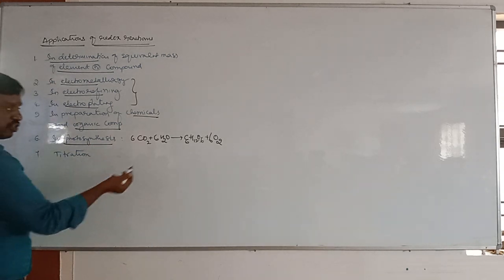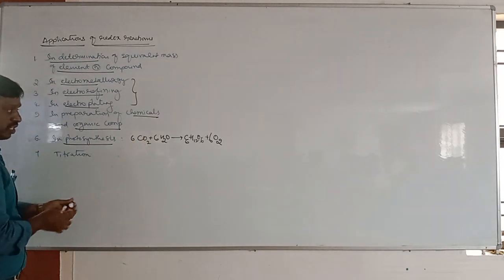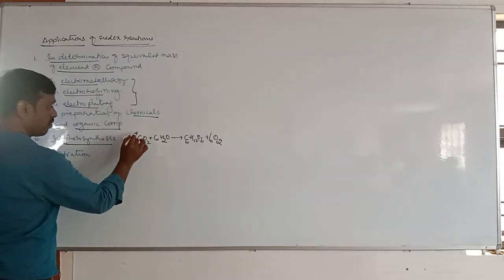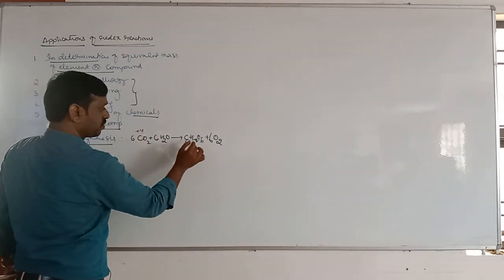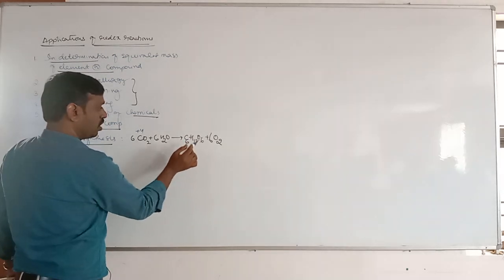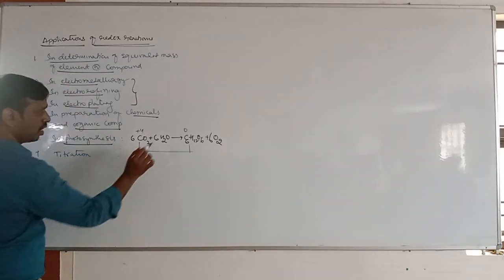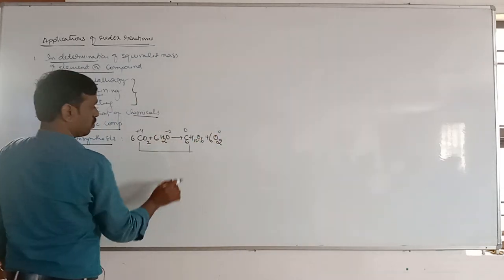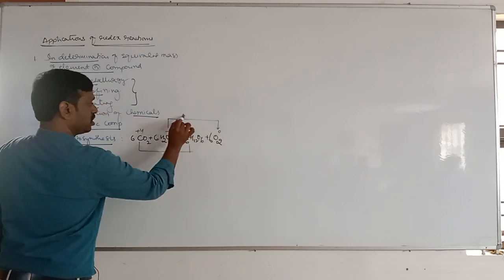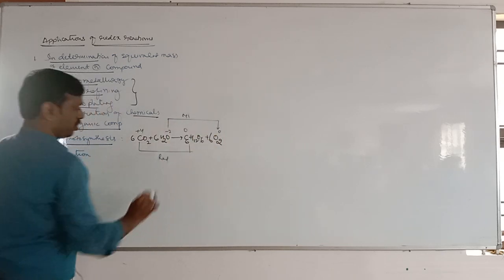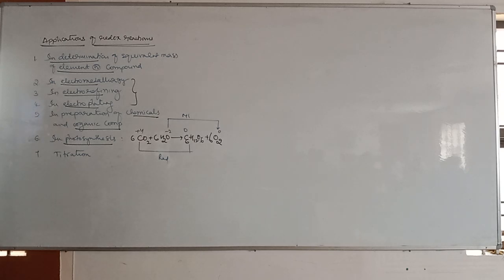Therefore this is a redox reaction, because you can calculate the oxidation state. Calculate the oxidation state of carbon, it is +4. Here you will get 0. Hydrogen is +1 to 0, and oxygen -2 goes to 0. Tell me, this is oxidation, this is reduction. That means oxidation and reduction take place, it is a redox reaction. So next is titration. This we will study in detail. So in this topic we will study the first one and the last one in detail.